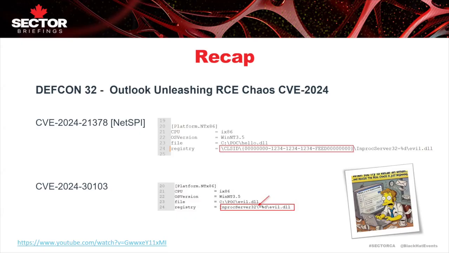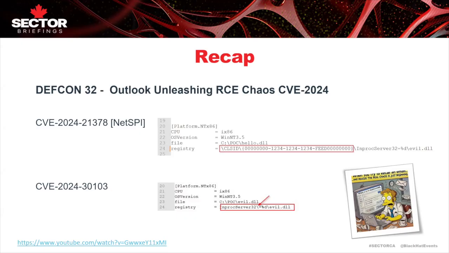But a user form is just one type of form for an email. You have calendar invites. Those are also forms that represent calendar invites. You have reminders. You have tasks. They are also forms for that purpose. So there are a lot of forms, and they are rich with functionality. They can do quite a lot. And in the previous year, we presented how a custom form, because people can actually generate their own forms, can be used and abused to execute malicious code.